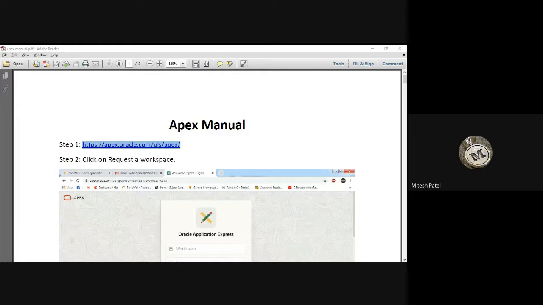Apex is nothing but an online tool provided by the Oracle company, in which we are going to perform the practicals and all the queries. Oracle is the biggest database company. By creating this account and this workspace, they will allow some space in their servers to store our tables and our data. So for that, we need to create this account, right? All of you go to your e-content, download this PDF Apex manual, and then perform these steps.